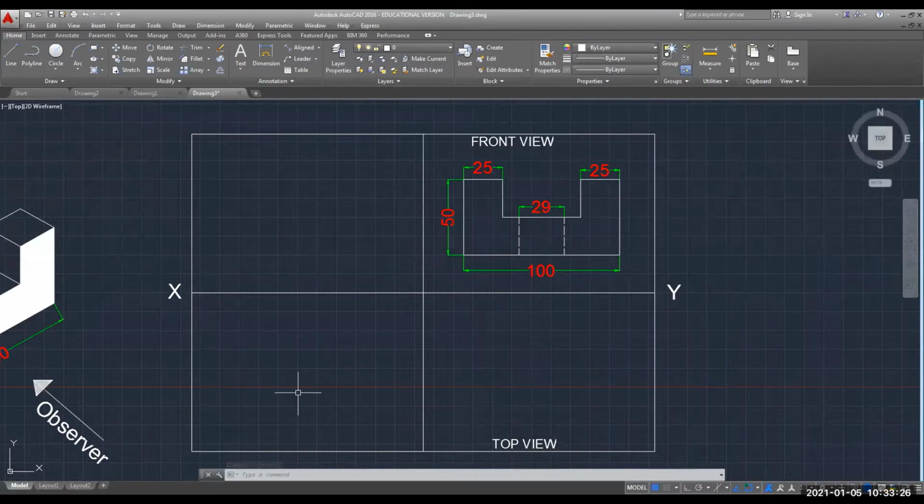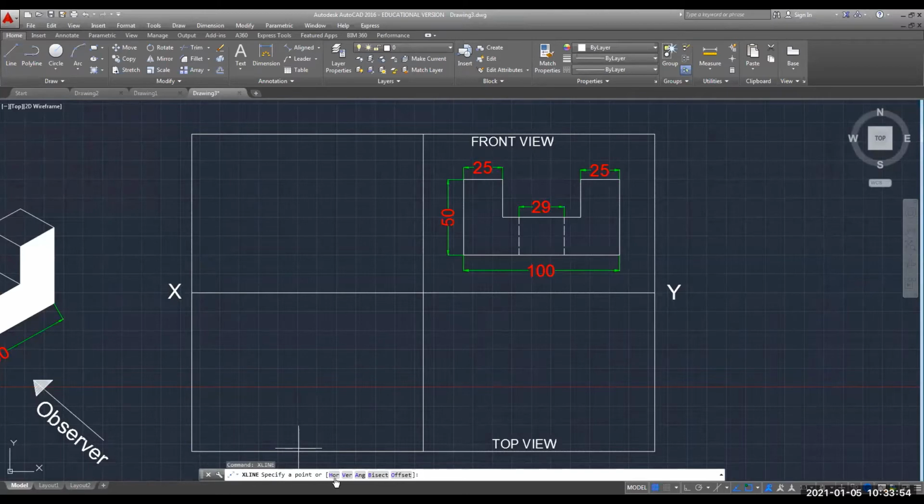For drawing your top view, I need projection lines. So for projection lines, I will use another type of line, that is your X line. Once again, I will tell you that X line is a line of infinite length. I have written the command XLINE.